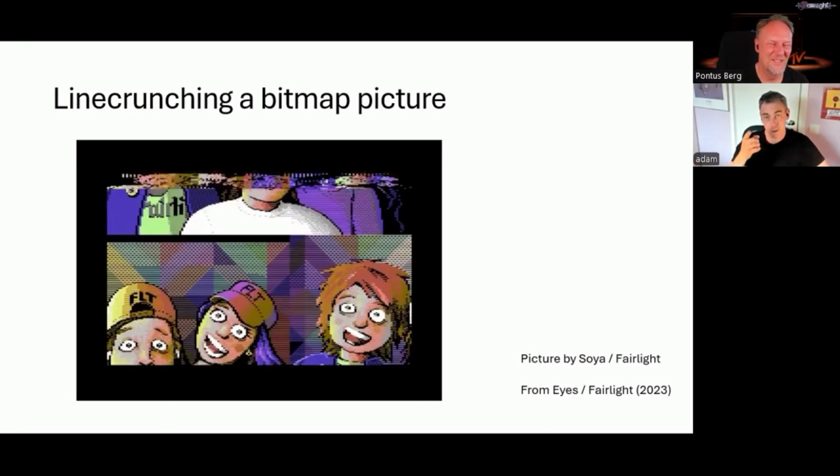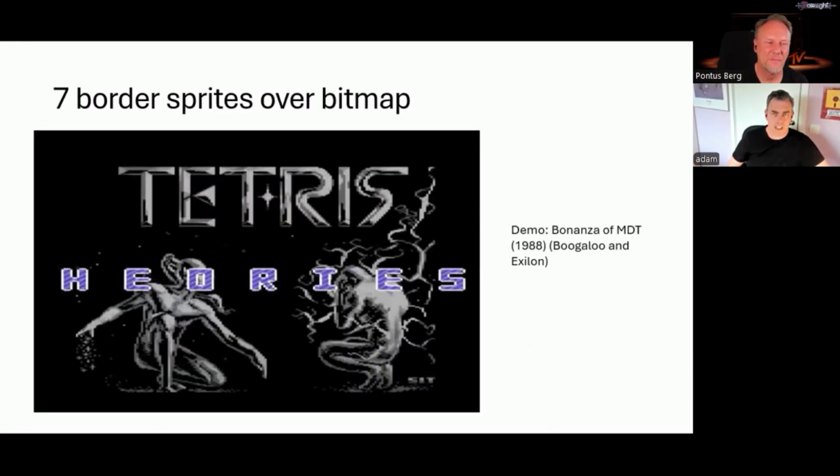But the cool thing is that because we are actually seeing graphics now when we're doing the line crunch, but we don't have any bad lines, we have all those 63 cycles left for us. We can do things like showing sprites and open the border, which I think is maybe the next slide here. So this is from a 1988 demo